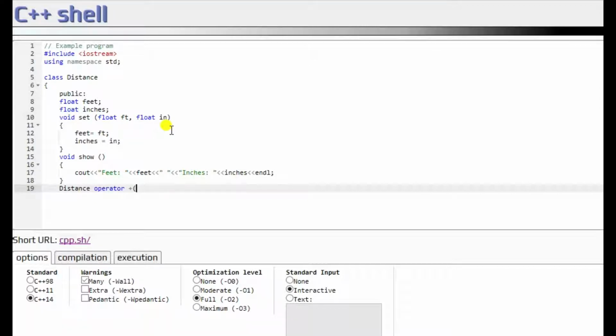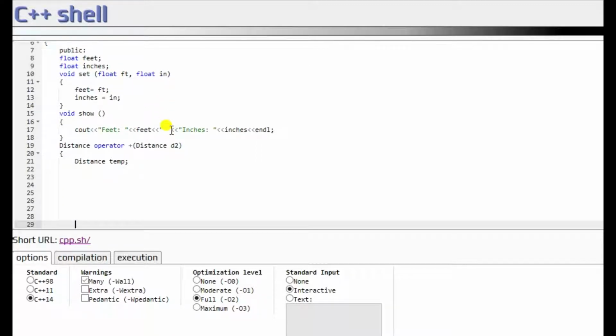Since you're adding, you're gonna take plus, you're gonna do distance d2, you're gonna give the object itself, not the reference. You're gonna open it and say distance temp, create a temporary object, and after that